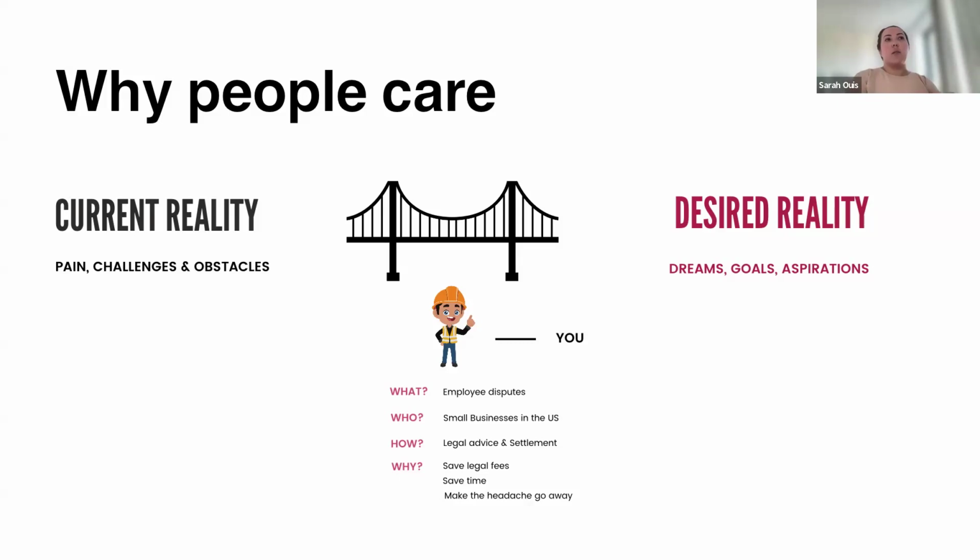That's the current reality. So the litigation example: I've had this employee that has been giving me a hard time for the last 6 months. I want to get rid of them, but they don't want to go, they don't want to settle, etc. That's the pain, that's the state they're in. And they want to get to a position where this employee is gone for good, and they can go back to focusing on the business, and they want that to be taken care of. And that's where you come in.